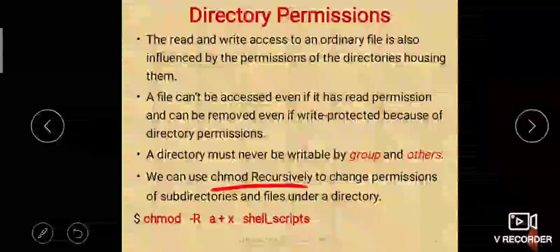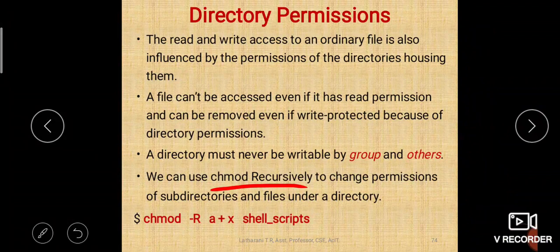It will be like this: chmod -R a+x. a+x means for all categories of users you are giving the execution permission, for a file like shell scripts, isn't it?